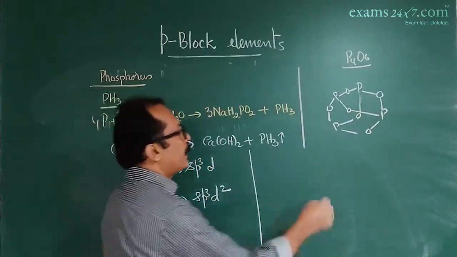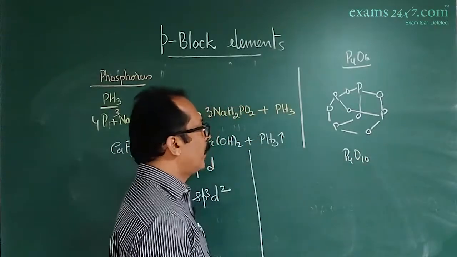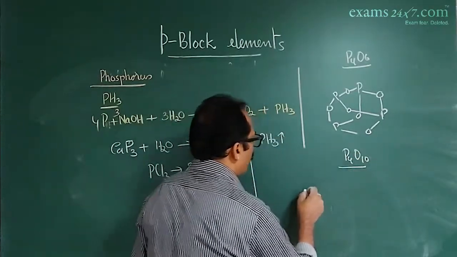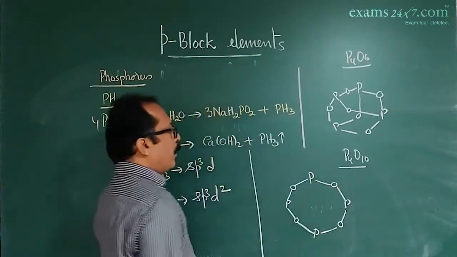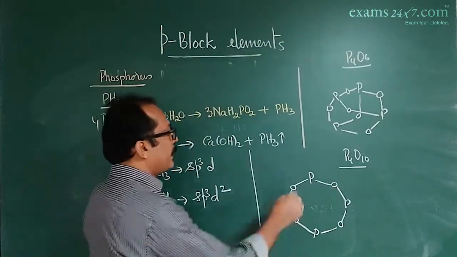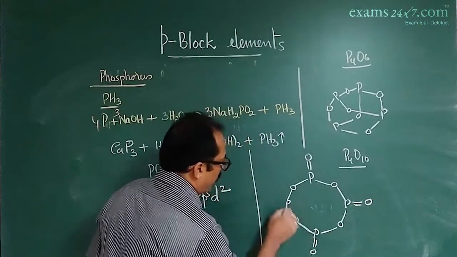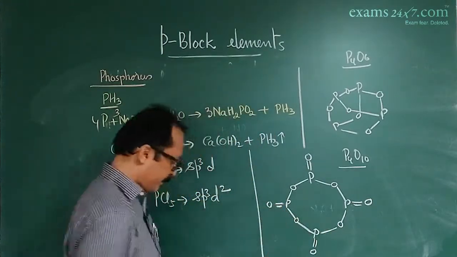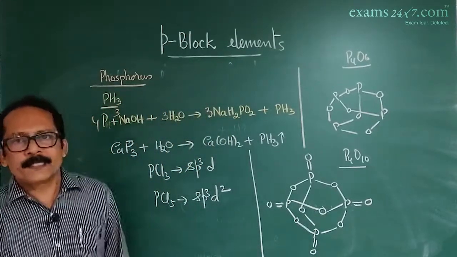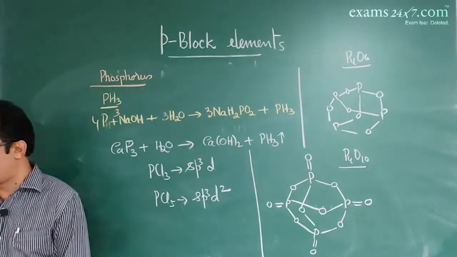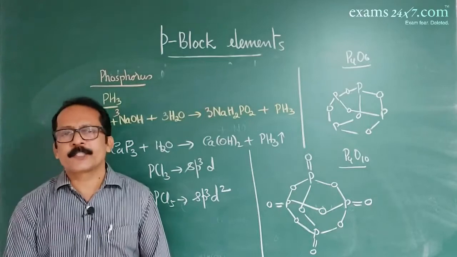P4O6. Similarly, P4O10. Now, in the structure of P4O10, there are 4 phosphorus atoms, and each phosphorus contains a double bond with an oxygen atom. P4O10. So these are the important compounds of phosphorus. Now, about oxo acids of phosphorus,